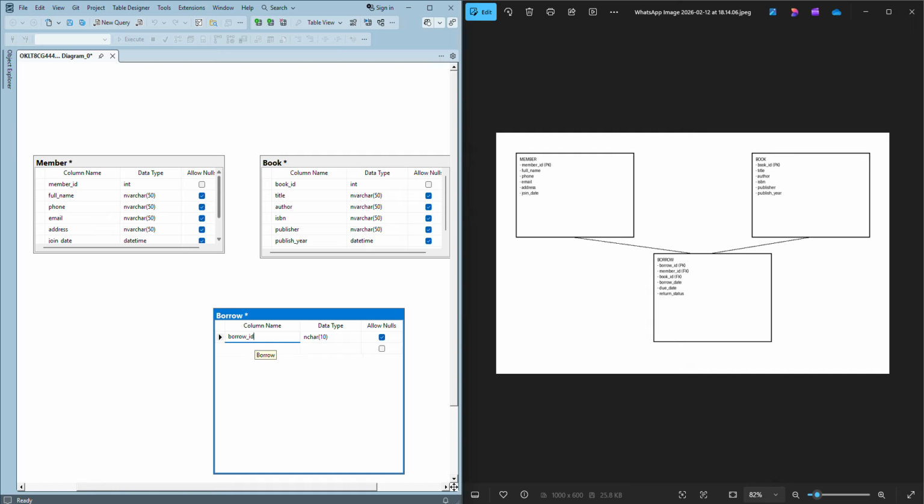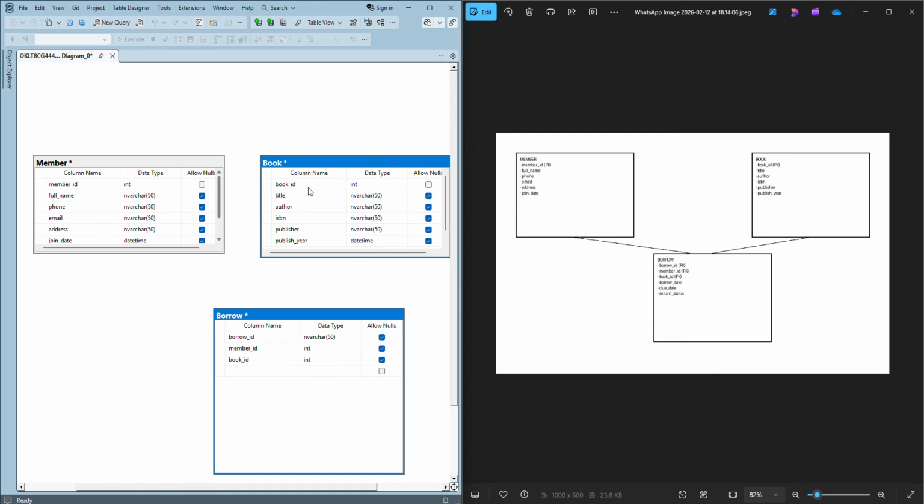Borrow ID, varchar. We have member ID. When it comes to foreign keys, to avoid some errors when moving on, check the primary table: member ID is an int. When coming to the main table, make it an int. Just have the same data types to avoid some errors. Then book ID